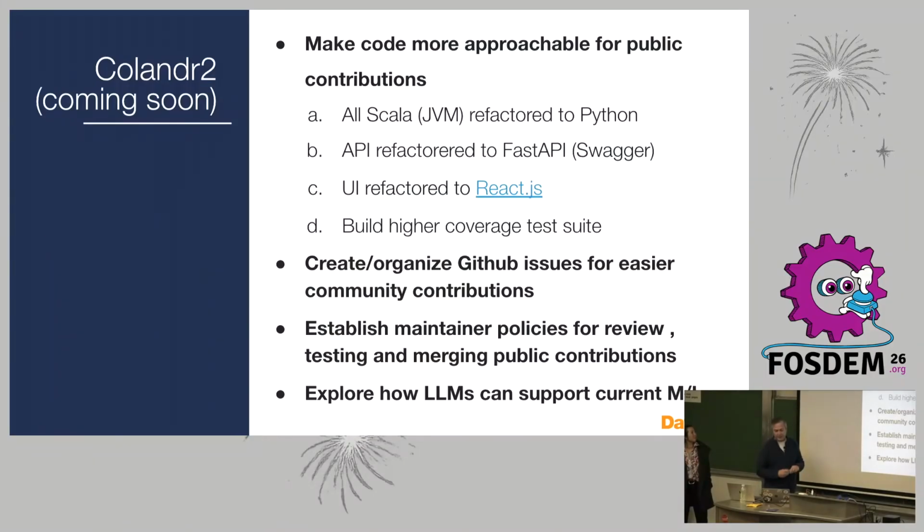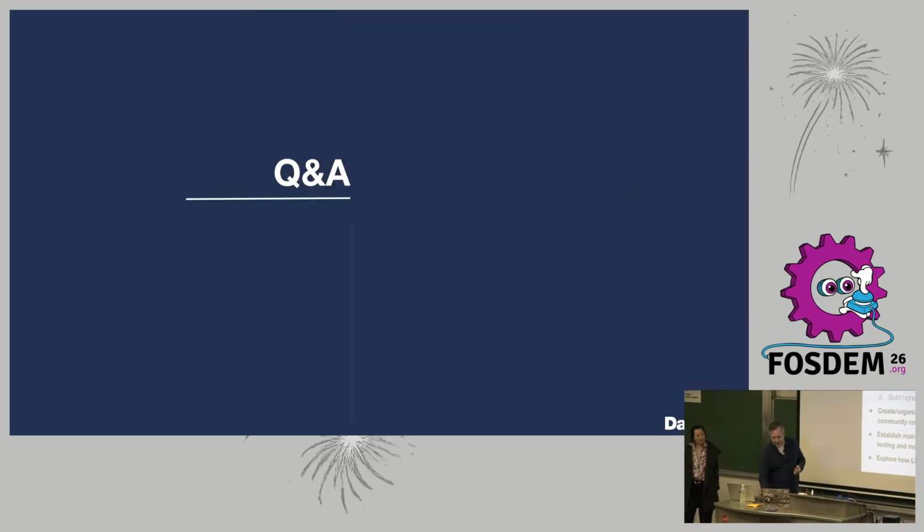And then finally, we're establishing maintainer policies. Hopefully not the same 4 people doing it all the time. So how people can also help maintain and approve what's coming in. And the last step is very new, which is that a lot of the ML we're using has been used in creating LLMs. But now we want to explore how LLMs can also supplement this work. And that'll be a big focus in the next year or two.